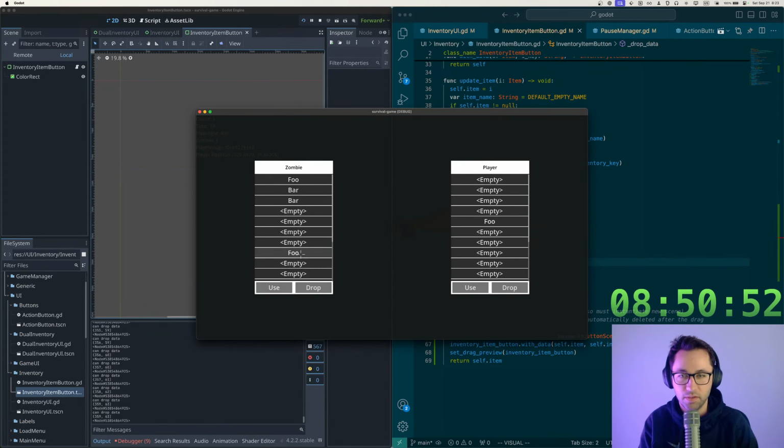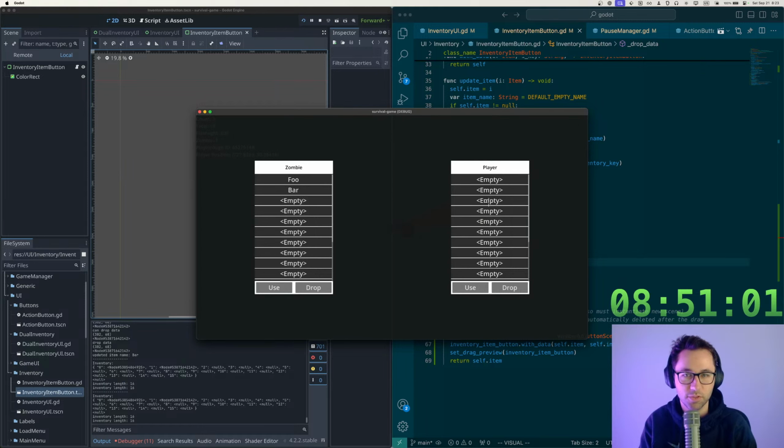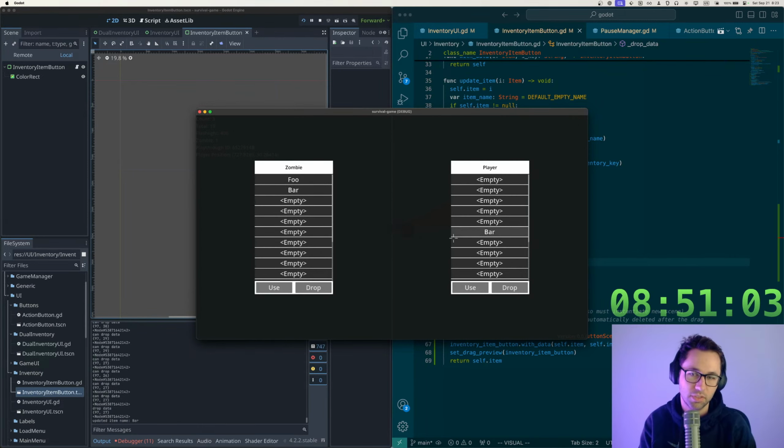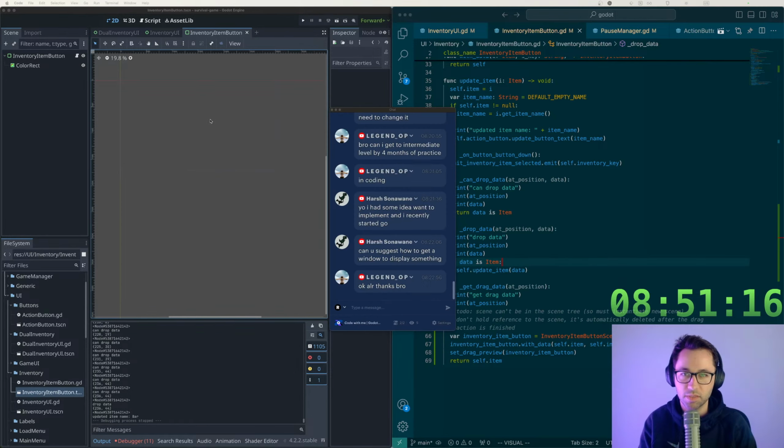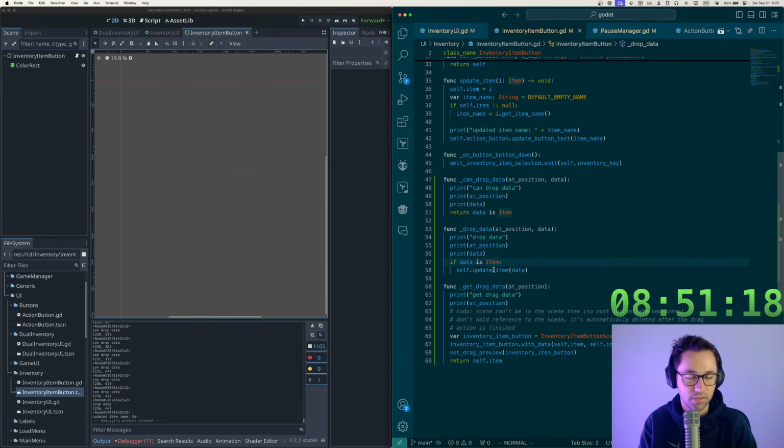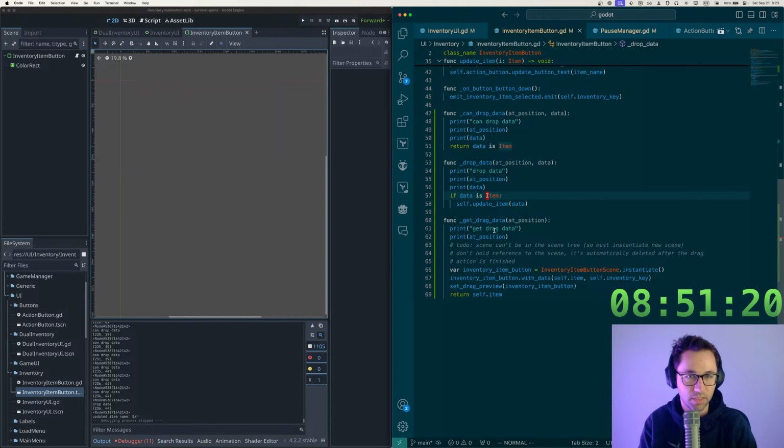Okay, so we've got a good foundation here for these elements, which is really nice. The inventories aren't saving though, which is to be expected because I don't think I'm triggering anything back out to the inventories to say that something has been added there. But let's go ahead and implement where you drag something, it removes it from your inventory, and then it can get placed back in. So when we do get drag data,